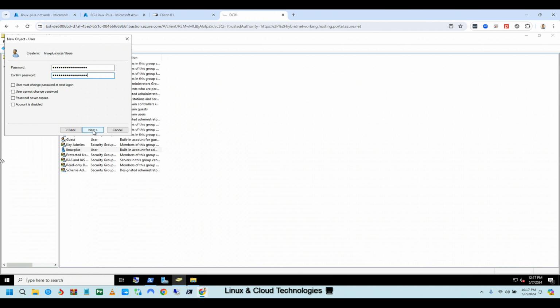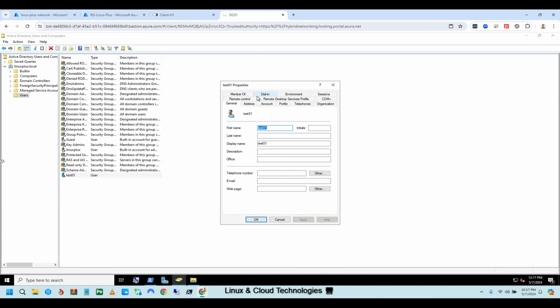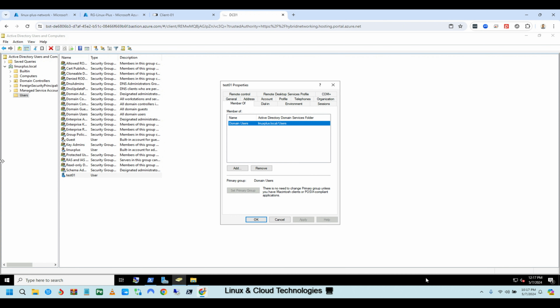All right, so this is here now. Let's quickly hit finish. Now we have a test01 user, right? So this user is a member of, as you can see here, only domain users. So this is a very basic account, it does not have any functionality from the admin side of it. It's created here. You can customize it with a description and so on to know what it is. And of course, we're going to move it,